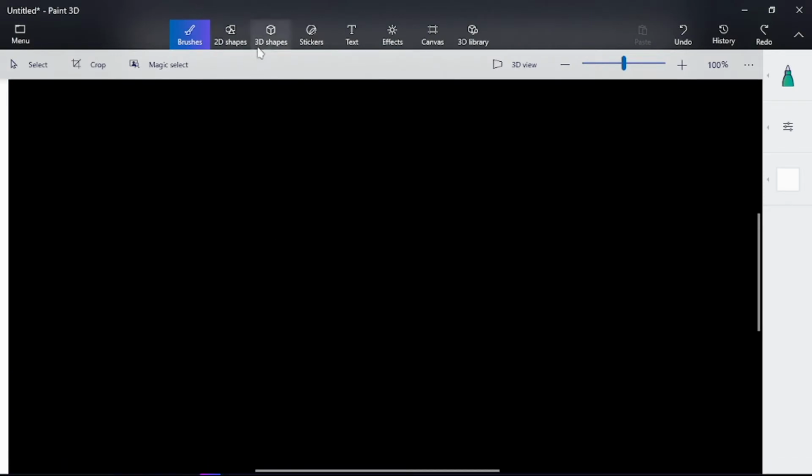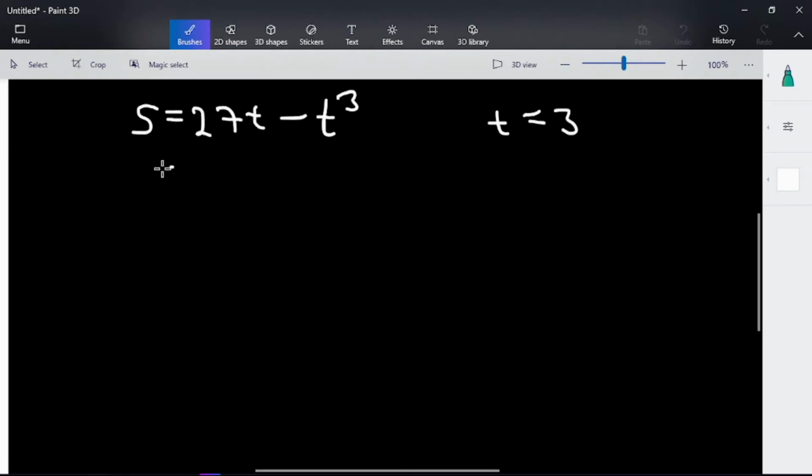So what we can simply say, because we know that is our distance, we can simply say S is equal to 27t minus t to the power 3. So we have been told that our t is equal to 3. So everywhere we have got t, we're just simply going to replace with 3. So this will be 27,